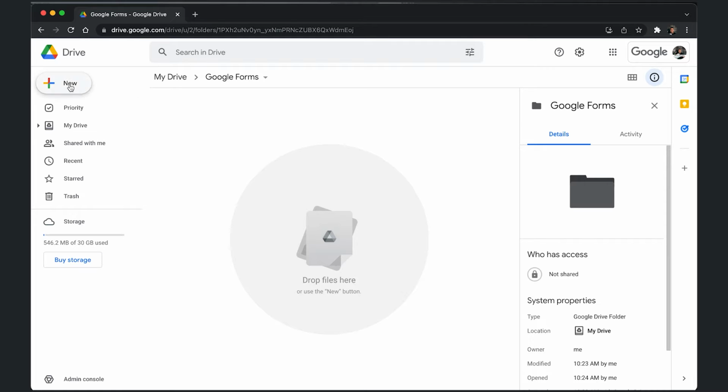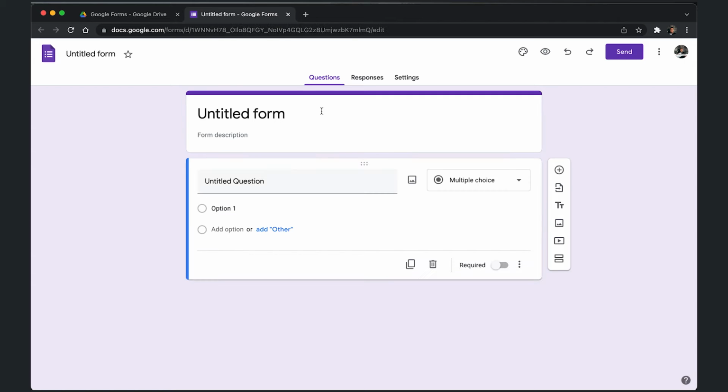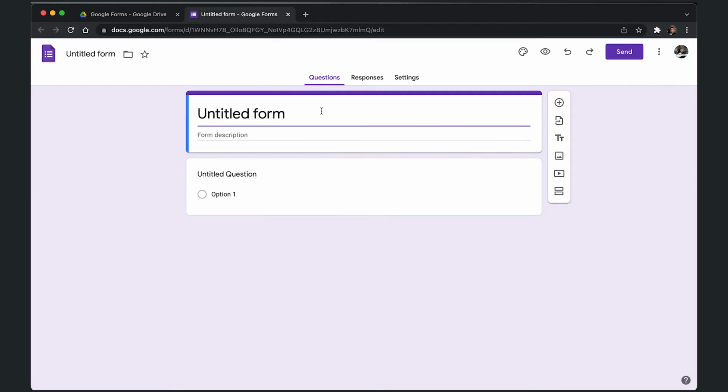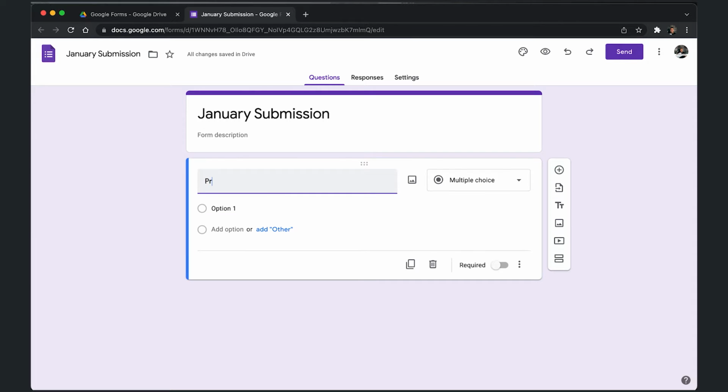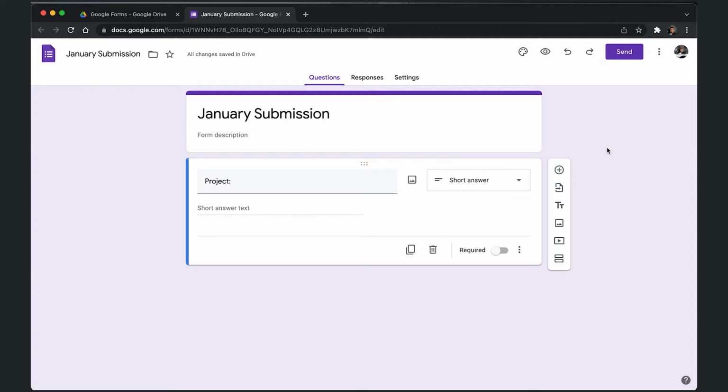So you're going to go to New, Google Forms, and then it'll open a brand new Google Form. We're going to go ahead and type this January submission, and then I like to click here and it'll automatically fill that in. The first question you can do however you want. I'm just going to put project,